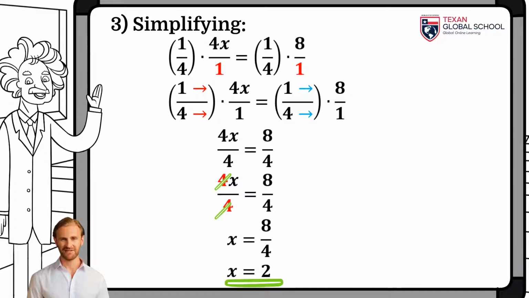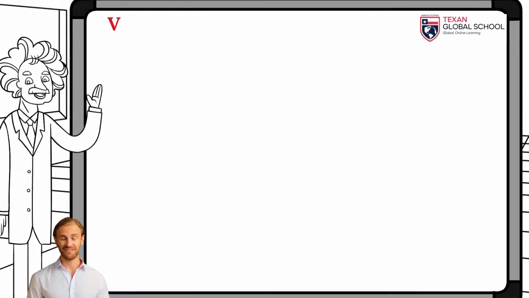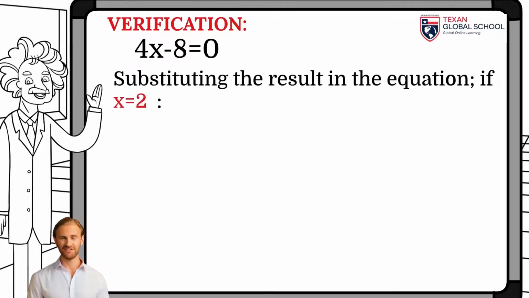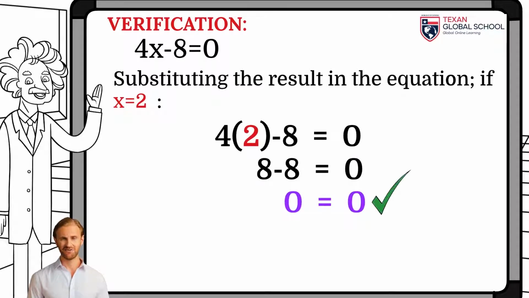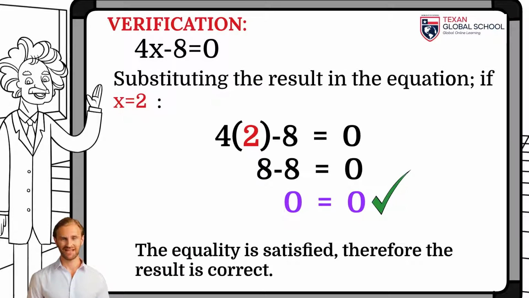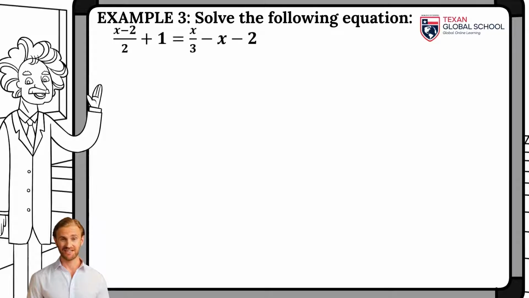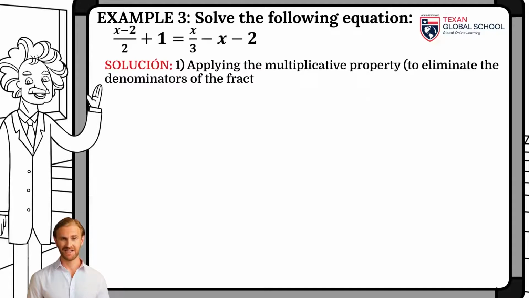We will verify the result by substituting it in the original equation. The members are performed independently to verify if equality is satisfied. When substituting from the left side, we obtain 4 times 2 minus 8. And from the right side, we leave 0 indicated. By simplifying the left side, we also obtain 0, thus verifying that the result of x equal to 2 is correct. For this example, a solution strategy is to eliminate all denominators by multiplying both members by the least common